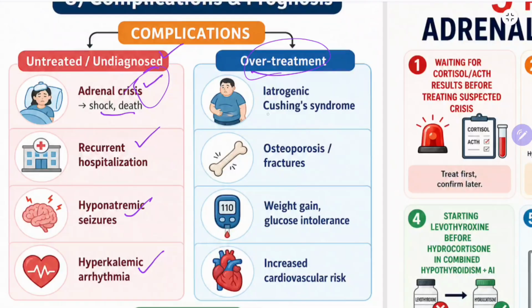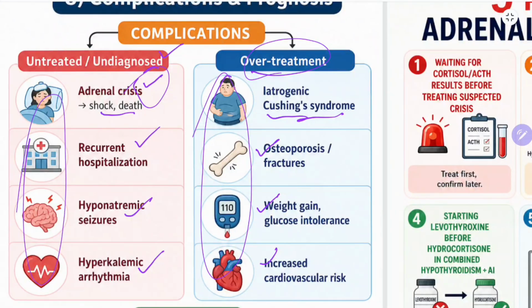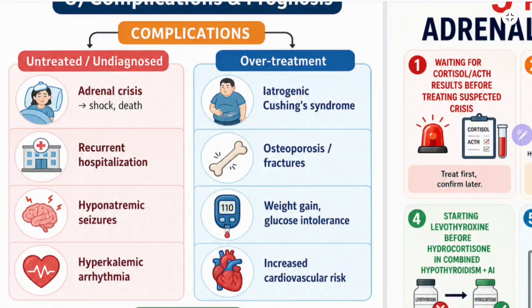With over treatment, the patient can have iatrogenic Cushing syndrome, risk of osteoporosis and fracture, weight gain and glucose intolerance, and increased cardiovascular risk. Four over treatment things and four under treatment things. Okay: Cushing status, osteoporosis, weight gain, increased cardiovascular risk. Okay,